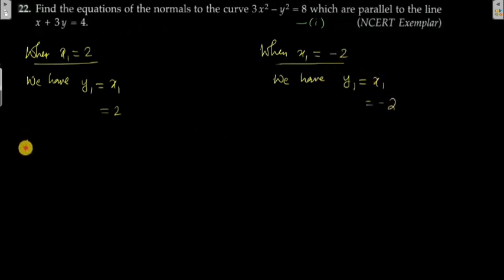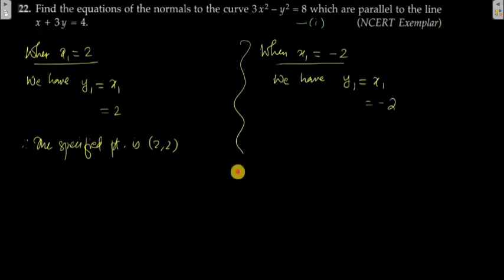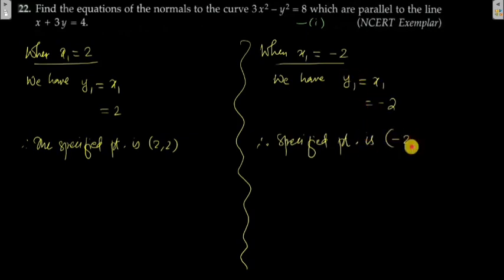Therefore the specified point x1, y1 is 2 comma 2. And in this case, these two are two different things. First you do this and after that you can do this. Therefore the specified point x1, y1 is minus 2 comma minus 2 out here. Therefore the equation of the normal